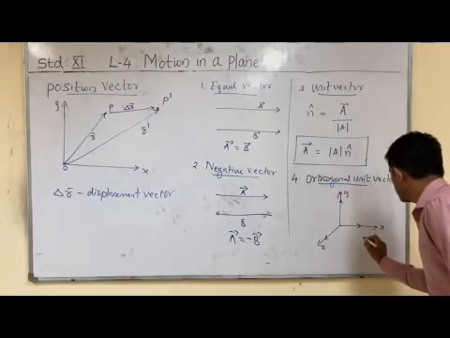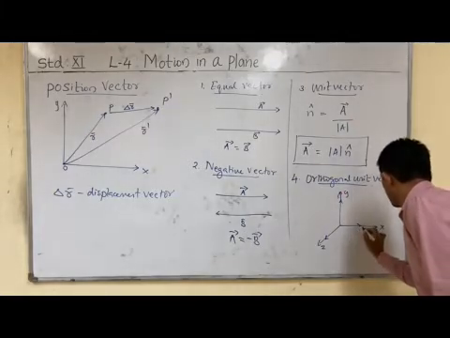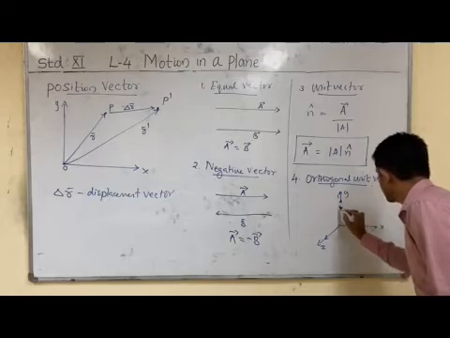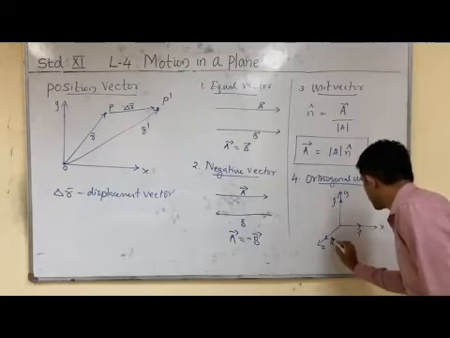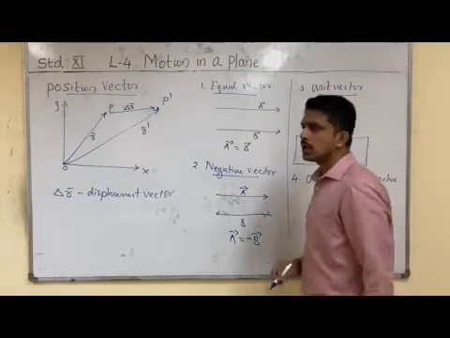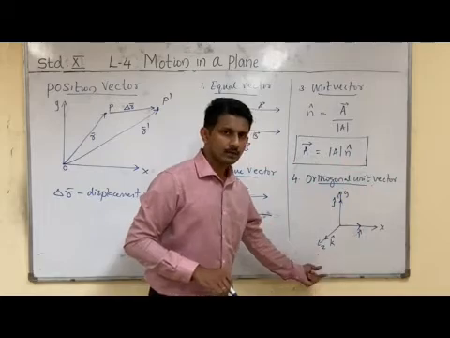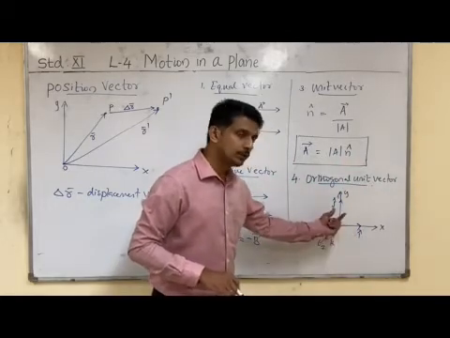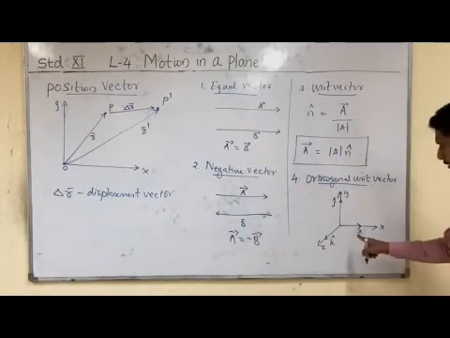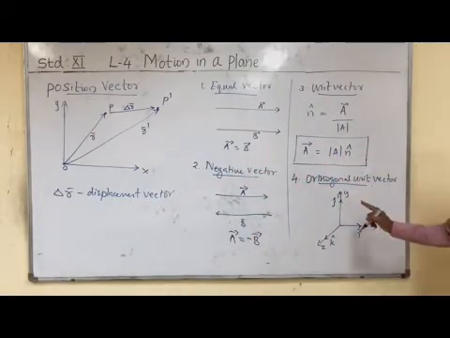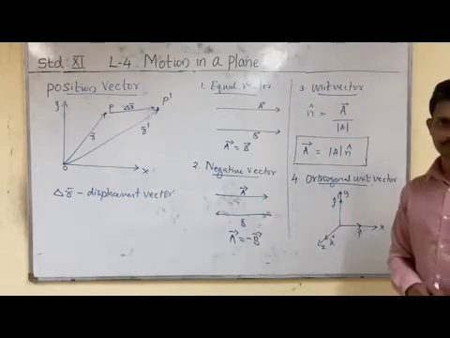So they are represented by i. The unit vector along the x direction is represented as i cap, the y direction as j cap, and the z direction as k cap. That means i, j, k are commonly known as unit vectors. Their magnitude remains a unity, but they are mutually perpendicular to each other. Such types of vectors are known as orthogonal unit vectors.